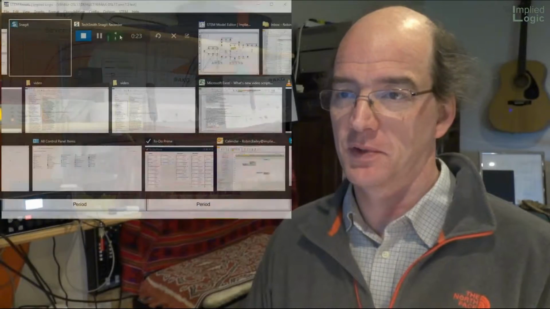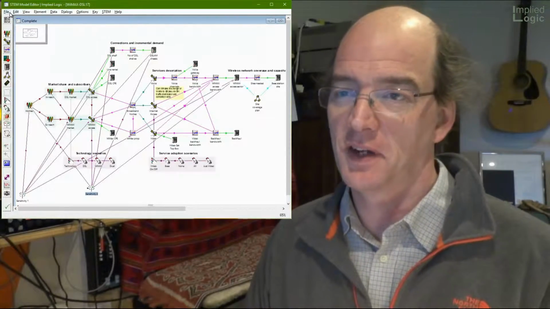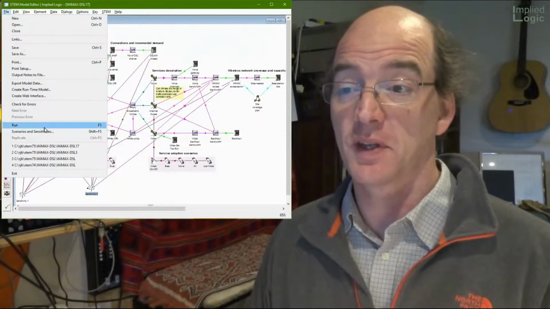When you draw a graph with sensitivities in the STEM 7.4 results program, the sensitivities are selected in the same dialog as the scenarios, and that's just like they are in the editor. So now I switch to the editor, and if you go to the scenarios and sensitivities dialog there, then in